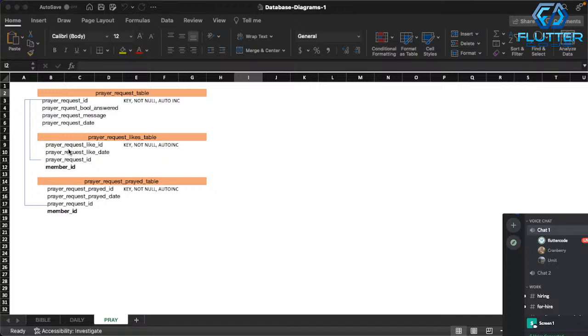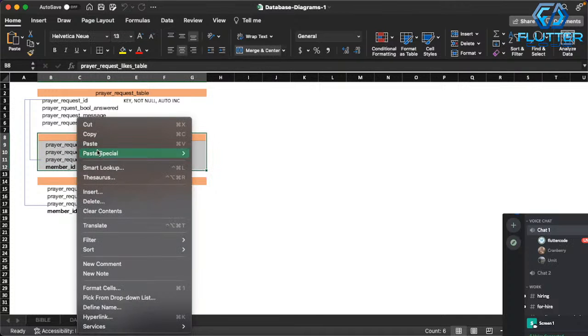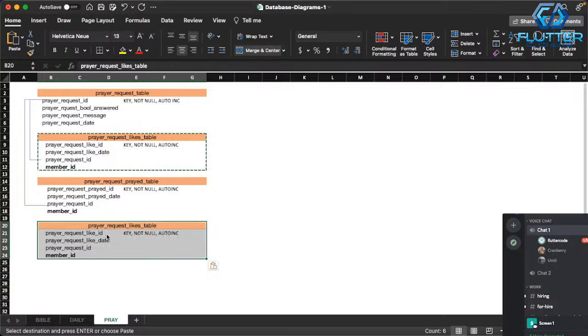If someone notices your prayer and says, hey, I'm thinking about you, they can give you a heart. And then the prayer request prayed table is whether the prayer request has been prayed or not. But you know what I just realized we're missing? We have the prayer request likes table. We are missing a prayer request